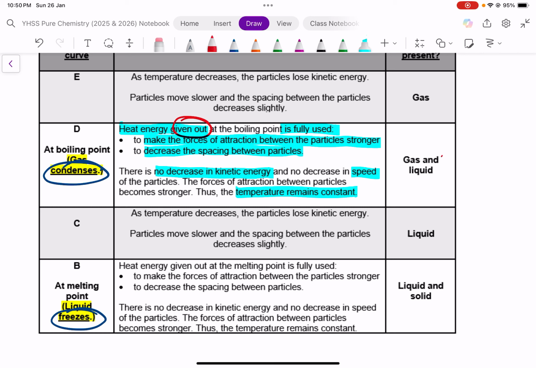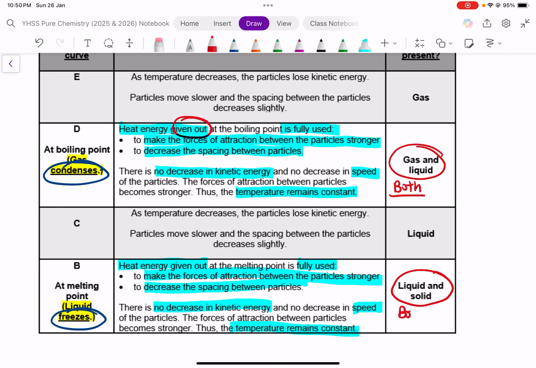So again, during condensation, you will have both liquid and gas present. So remember, during change of state, you will have both states present. During freezing, similarly, heat is given out. It's fully used to make the forces of attraction between particles stronger, decreasing spacing between the particles. There is no decrease in kinetic energy or speed, and the temperature remains constant as a result. And again, during freezing, change of state, you will have both the liquid and the solid states present, coexisting together